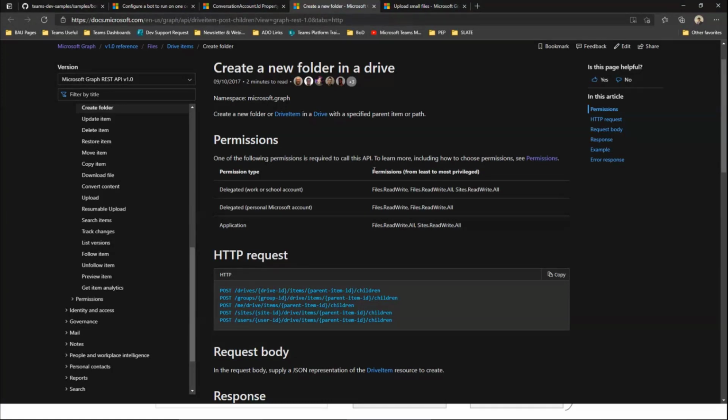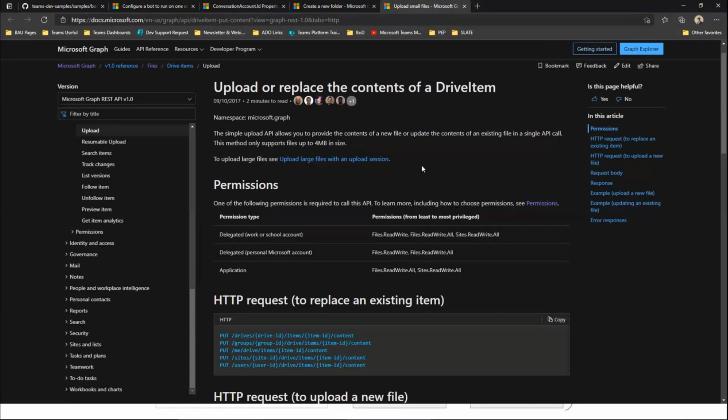So with this help, we are able to create, or we can also update the file in the same folder based on that work. Based on the conversation ID, I created one folder. Inside that folder, I pasted all the files. And the last one is the create event file, which we already explained in my last sample as part of meeting